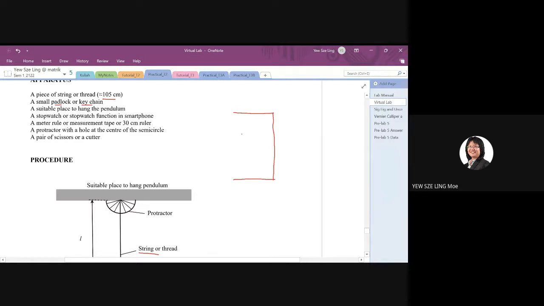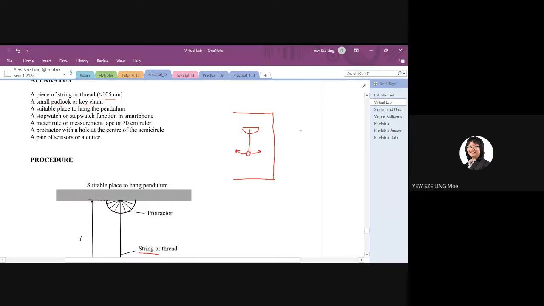Now you want to conduct an experiment involving a simple pendulum. If you hang it at the wall, what is going to happen? It will touch the wall when it oscillates. If it's touching the wall when it's oscillating, then there would be friction, and friction will cause the experiment to become inaccurate. So you need to make sure when you hang this simple pendulum, you need somewhere where it can oscillate